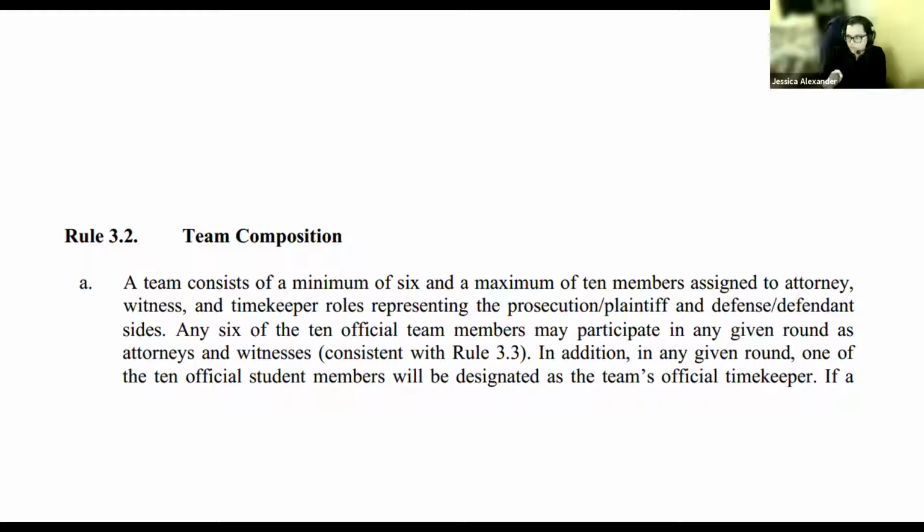Just as a tip from me as a scoring judge and presiding judge in the past, usually there's a pre-trial session where students are asked to introduce themselves. It's really useful if you also include in your introductions what roles you're going to be handling. So if you're an attorney, to say, I will be directing this person and cross-examining this person. That's usually very helpful for us to identify who you are, because every once in a while your rosters don't match up. So make sure your rosters are correct. And then it's helpful to do that in an introduction as well, so we know who you are and what your role is, so we can give you the credit that you're entitled to, okay?